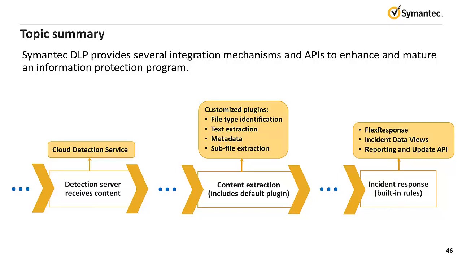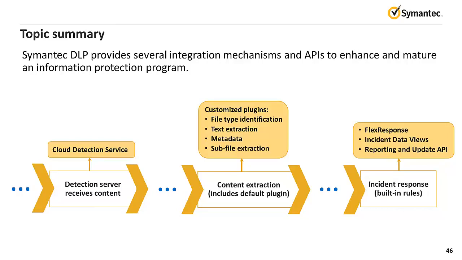Symantec DLP exposes unencrypted incident information through the Oracle SQL views called incident data views. These views provide a flexible real-time cross-channel reporting option, and there are 4 main entities that group DLP incidents: mobile, endpoint, network, and discover. Symantec DLP incident information is securely made available through a SOAP 1.1 web service called the